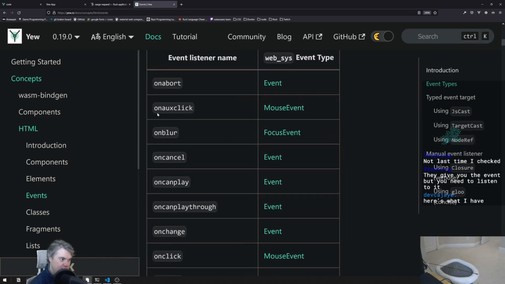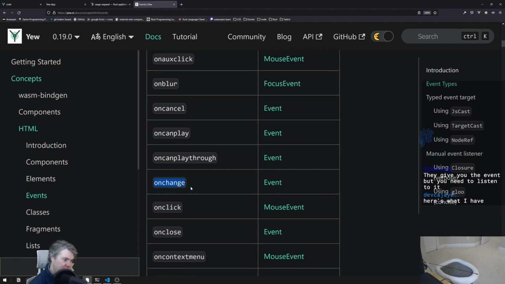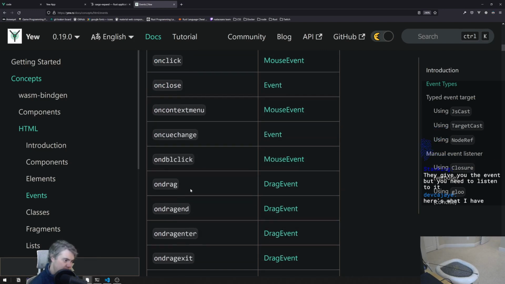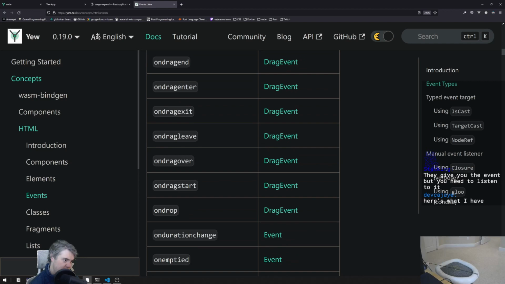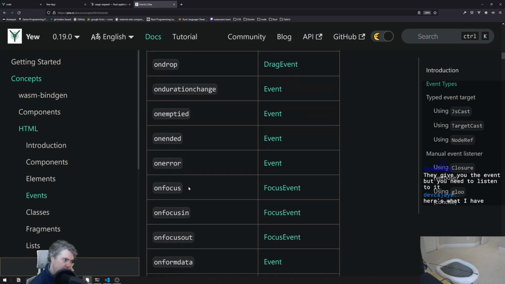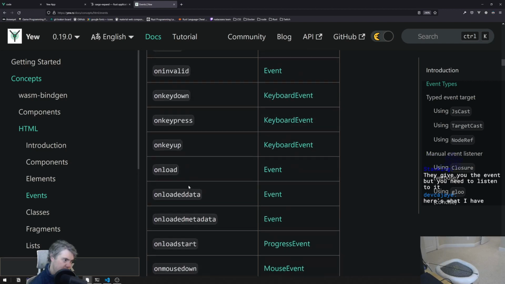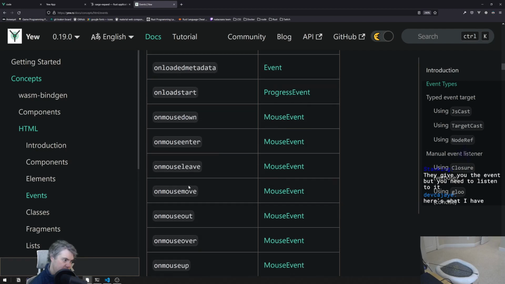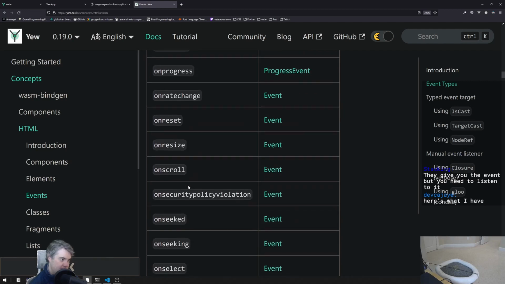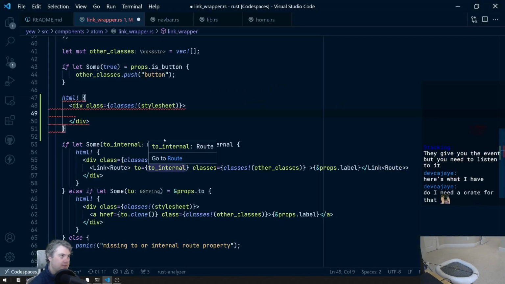Okay, and then you can do on change maybe. You shouldn't need an extra crate for that. I don't